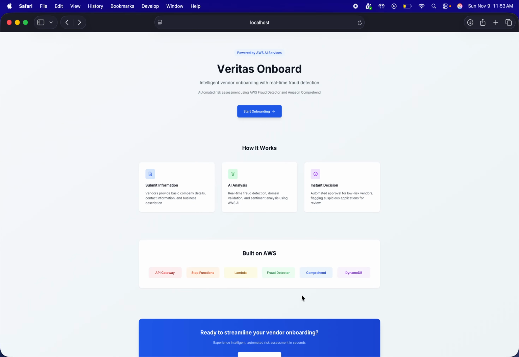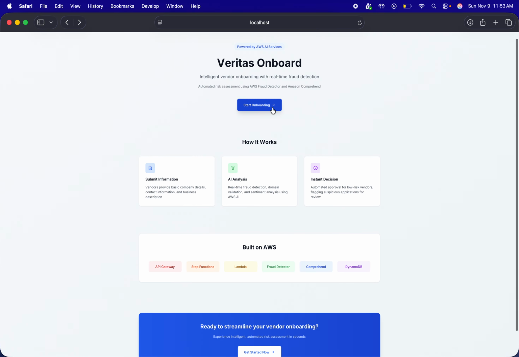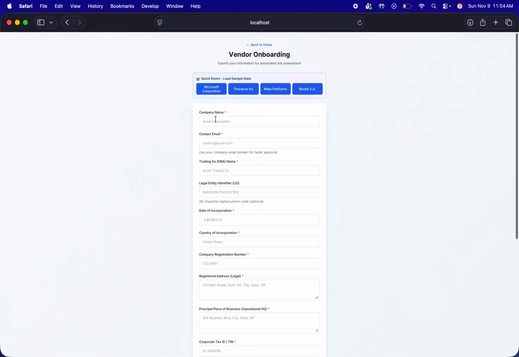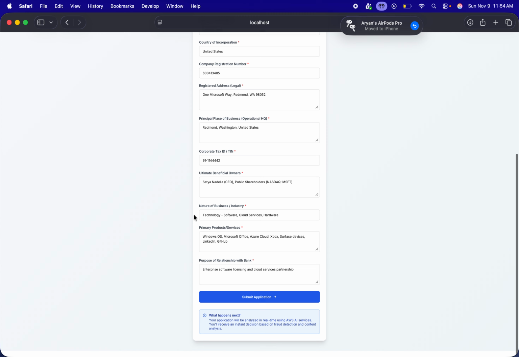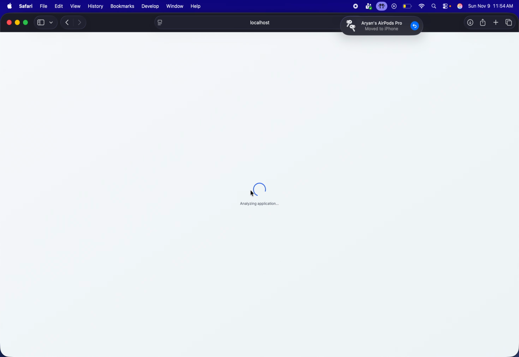And I'm here to demonstrate to you the Veritas onboarding dashboard powered by AWS. First, we click on this button to start the onboarding. Then we've already given you forms to fill out, starting with Microsoft. The reason why we went with this form is because this form represents some of the most widely used KYC form features. So then when we actually submit this application, our AI model that's all being hosted on AWS